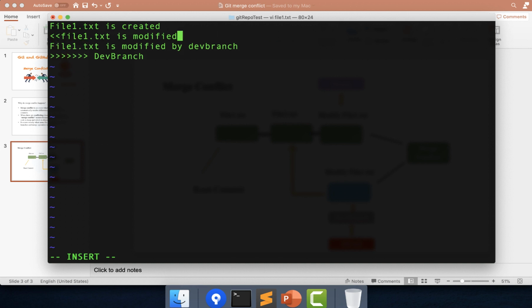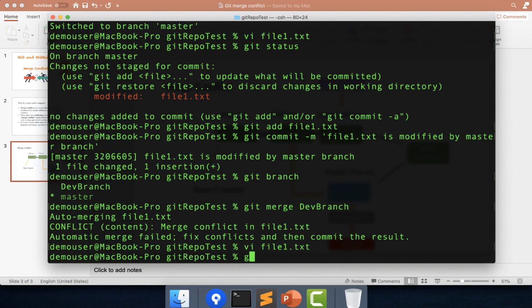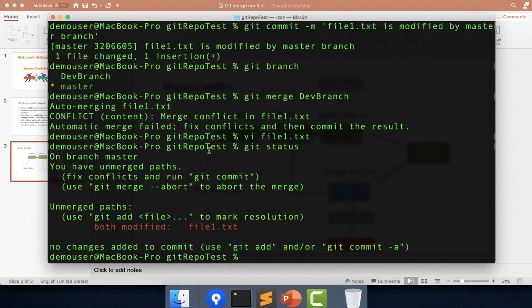So I will delete all this extra content that was committed from master and the header and footer as well. So now you can see I have already kept the changes that I want from dev branch. So I will just quickly save it. So you can see this particular file is modified.